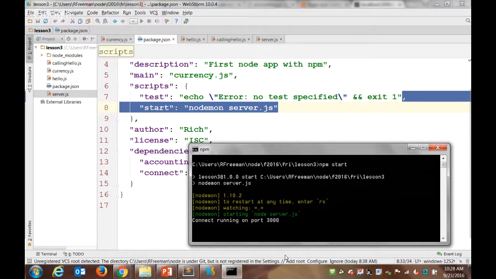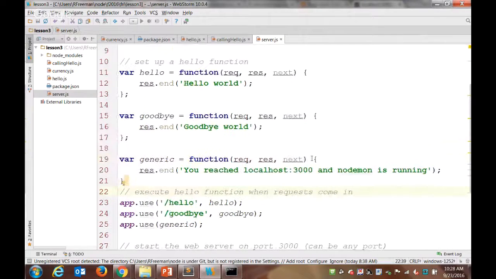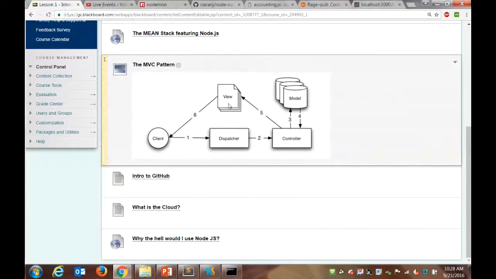Does anybody have any questions about using Nodemon or using Connect, what we did so far? Jacob? Just wondering, as far as the response end function, can we link that to an HTML file? Yes, so eventually when we use Express, rather than just printing out messages, with this MVC model, what we really want to do is display a view. An HTML file, well, it'll have a different extension. We'll create a file with HTML and CSS, and when we get a certain request, load that